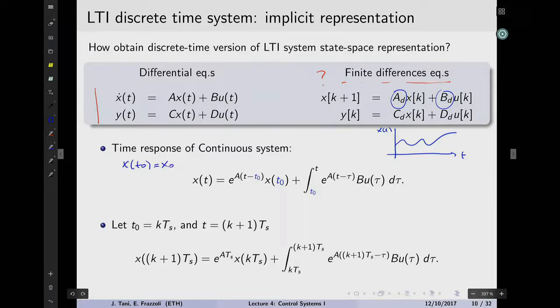I will keep this expression, deriving this as an exercise for you. Just go back to whatever passages we did last time, and suppose that there is an x of t0 instead of being equal to 0, and you'll see that everything is the same. If you think about it, the concept is exactly the same.